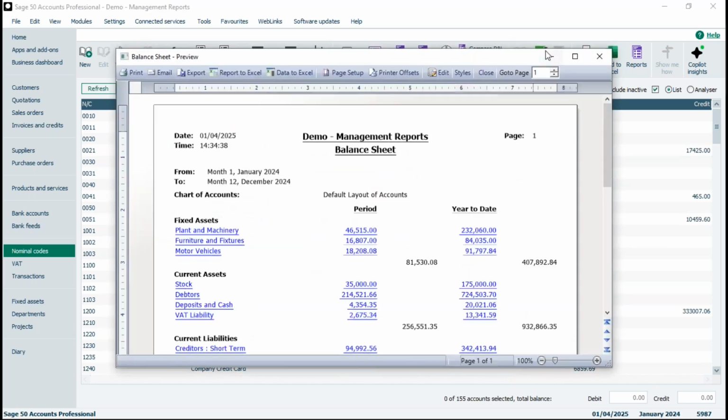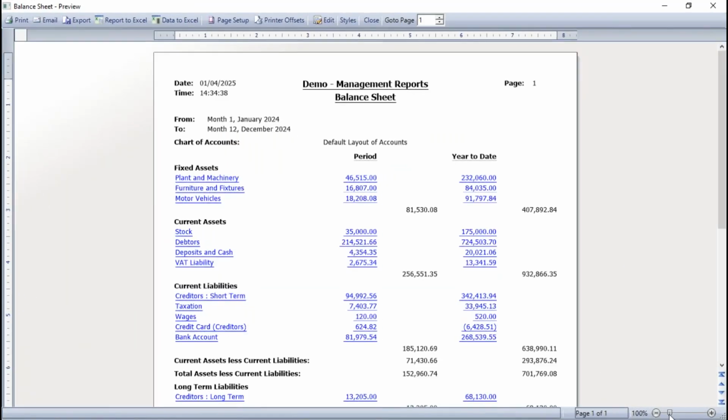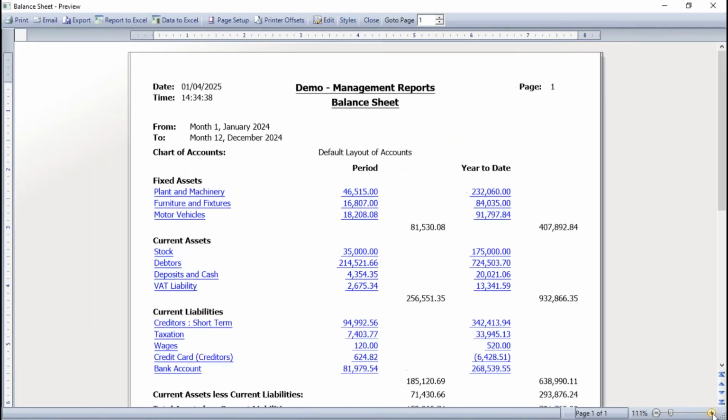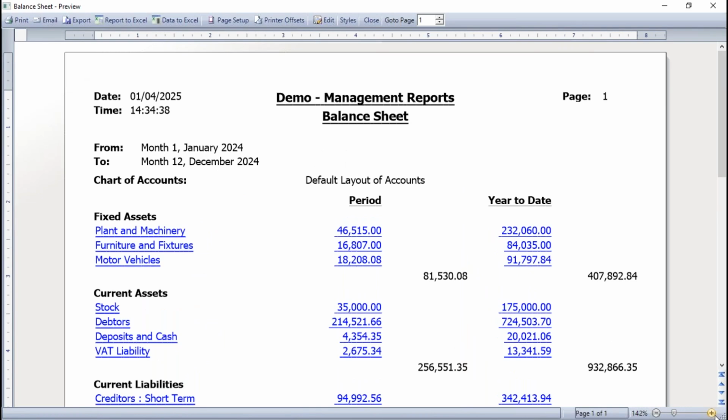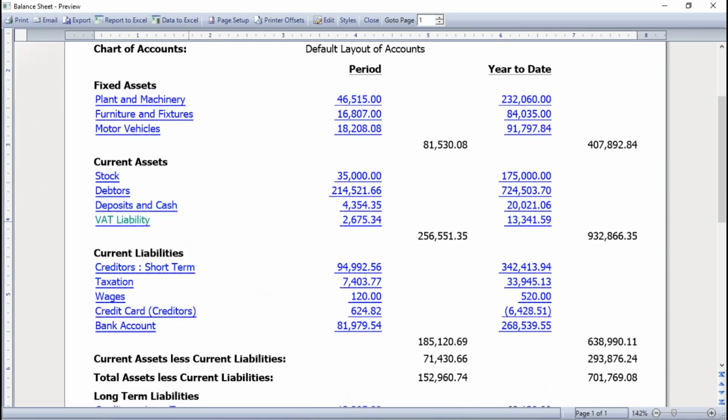And we'll quickly run through just the information. You can see the layout's pretty much the same. We've got a list of descriptions, we've got a period column and a year to date. And we'll come on to those figures in a minute as well, how they calculate. So on the balance sheet, we've got our fixed assets section. We've got obviously a subtotal for that one. We've got current assets, again a subtotal. We've got current liabilities,